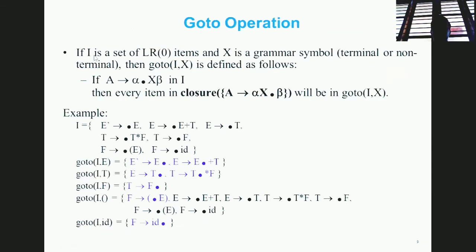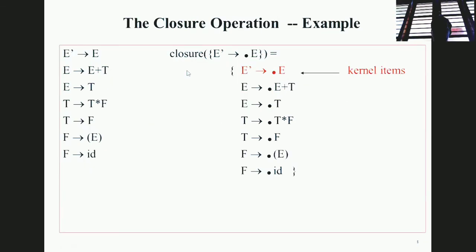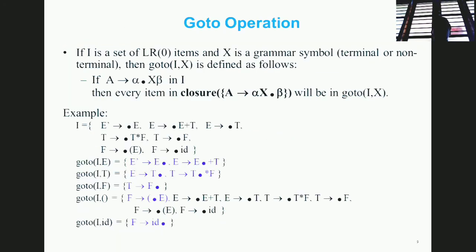So once we do this closure, we are supposed to find the goto. Keeping this as a closure, we use the goto operation. What closure and goto will help us with is creating an automata which will inform us, whenever the next input is seen, which state we are supposed to move to. If I is a set of LR(0) items, so we have identified LR(0) items, and X is a grammar symbol, that is a terminal or a non-terminal symbol, then goto of I comma X